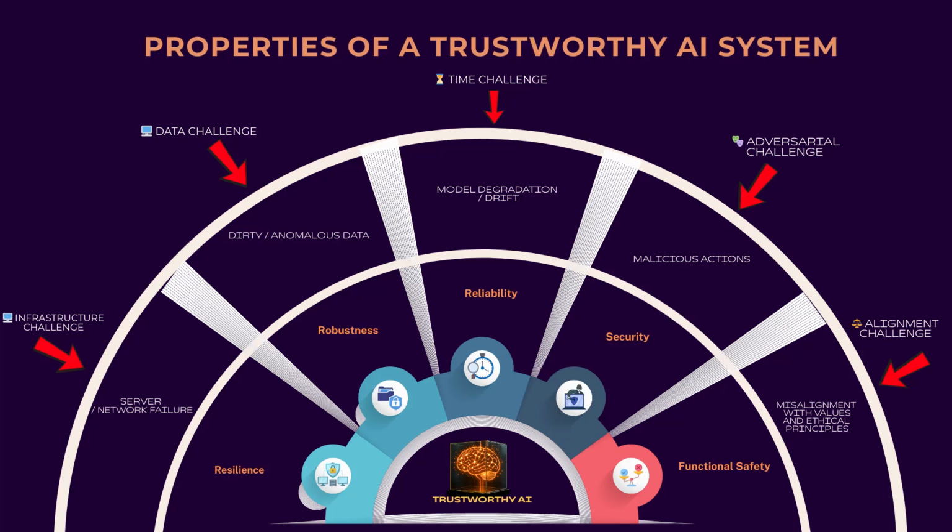To withstand infrastructure failures, we need resilience. This describes how the system responds to major infrastructure disruptions: server failure, network outages, or data center blackouts. The system's ability to maintain critical functionality and rapidly recover after such events, that is resilience. These issues are addressed not at the model level but at the architectural level. Therefore, the primary focus on resilience falls on the strategy and planning stage, where we design redundancy, load balancing, and develop business continuity plans.